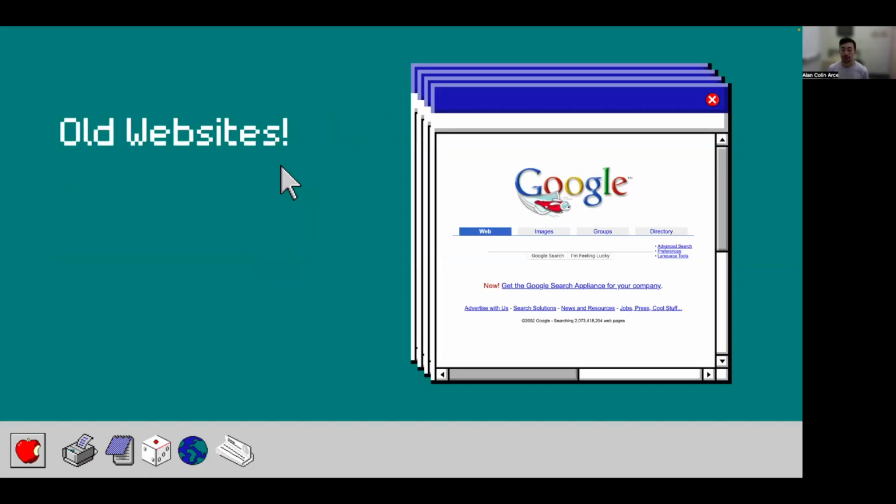So, have you ever tried to open a website just to find that it is no longer available? Are you curious about how the web has changed over time? Or do you analyze websites or born digital materials in your research? If your answer to any of these questions was yes, then you might be interested in taking the Introduction to Web Archiving course. There, we will spend a lot of time looking at old websites, which can reveal a lot of things about the technological and cultural changes we have experienced over the last 25 or 30 years.